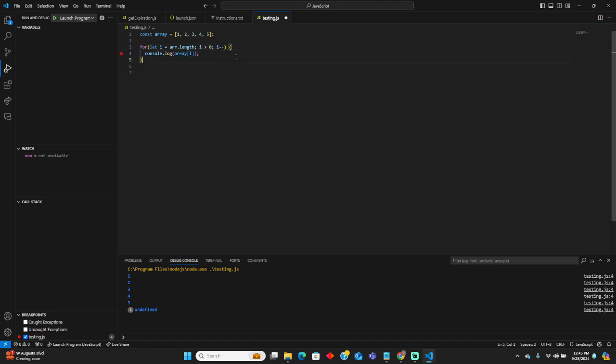So what this is saying is that, okay, I'm gonna start let i at array.length. And then this one, yeah, I should do minus one. But what it's saying is that if i is more than zero, then stop. And then I'm gonna keep incrementing. So if I run it,